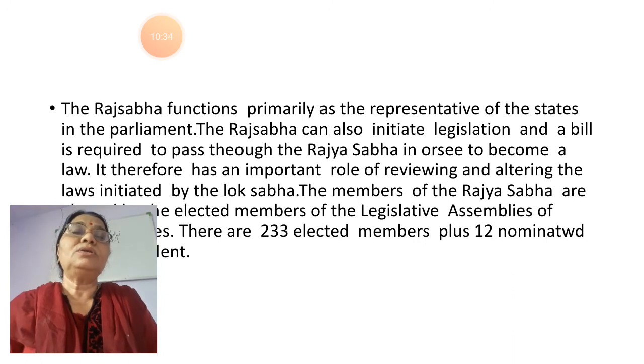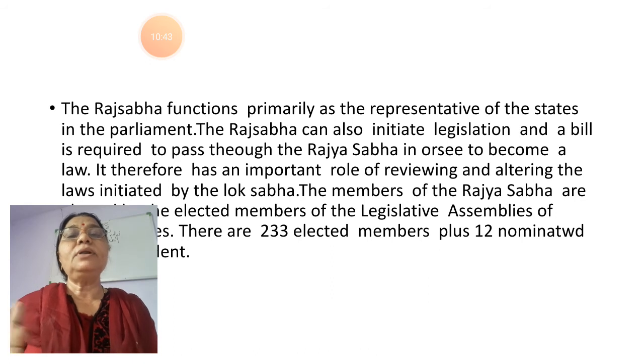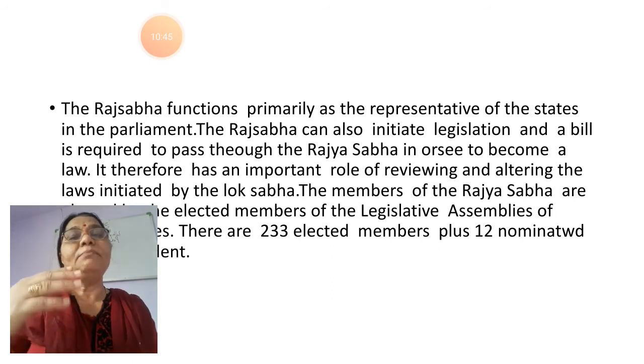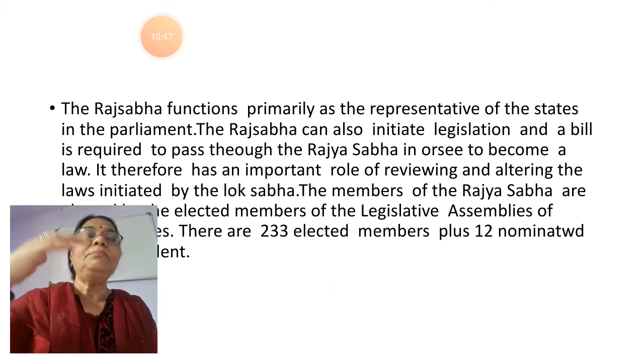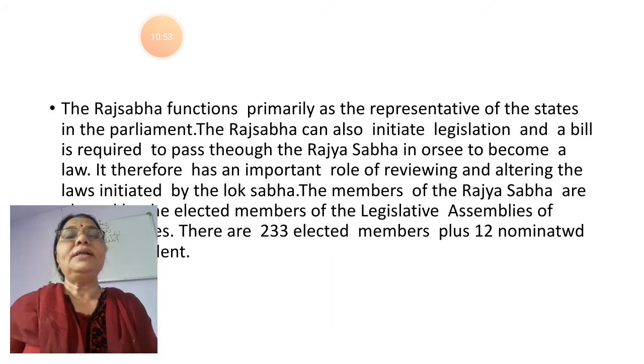If the Rajya Sabha criticizes the law, they can alter it also. Altered means what? If the Lok Sabha made a law and kept the bill in the Rajya Sabha, and the members of the Rajya Sabha have altered it, if they reduced or increased, the laws,